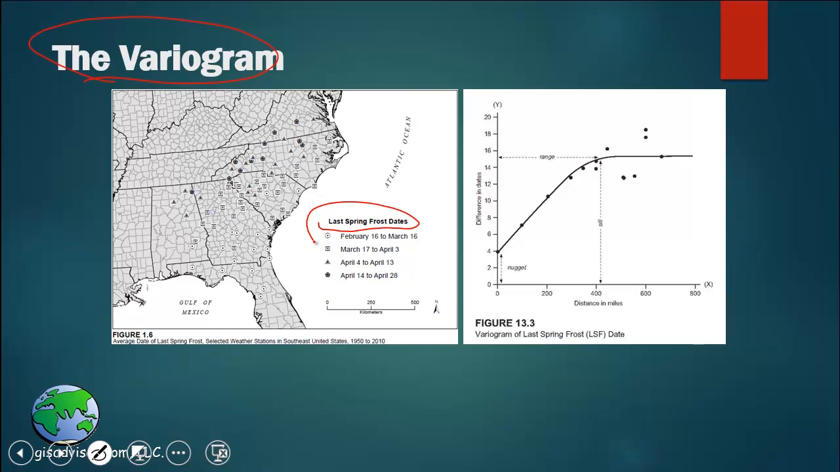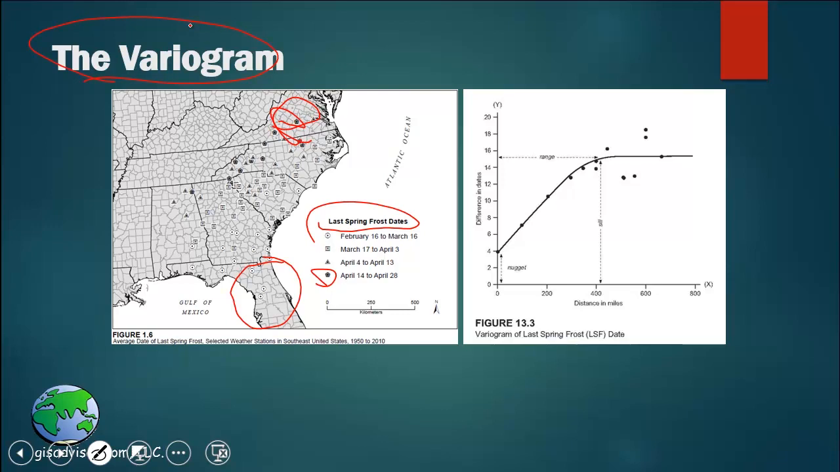So here's an example of last spring frost dates in the southeast United States. Now, these are about 76 different locations where we look at the last day that there was a spring frost. So you can imagine down in Florida that the winter ends and spring starts around February to March. You can imagine in Virginia and areas north of that the winter holds on a little longer. So there you might see April as being a time where there's still some frost on the ground,